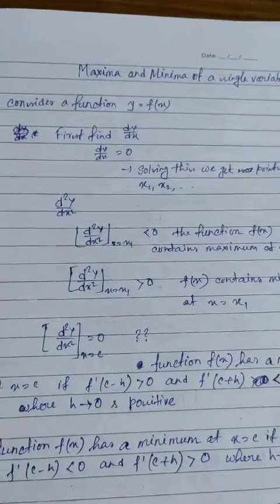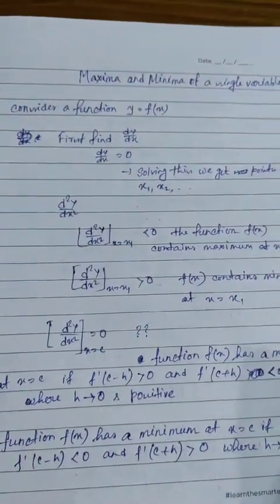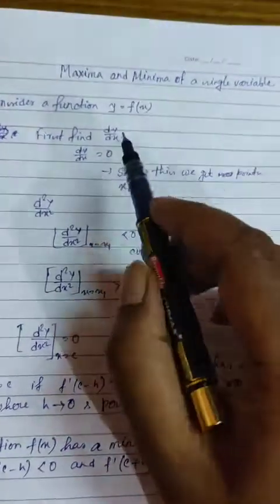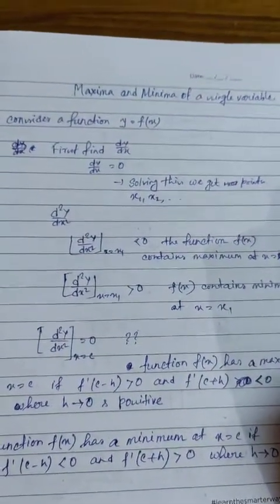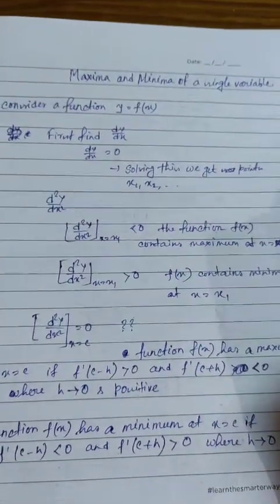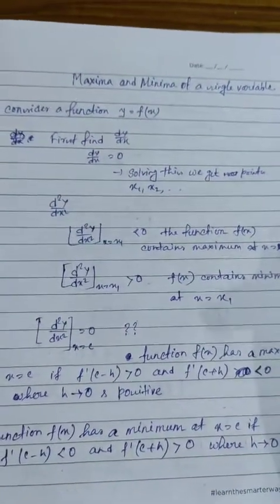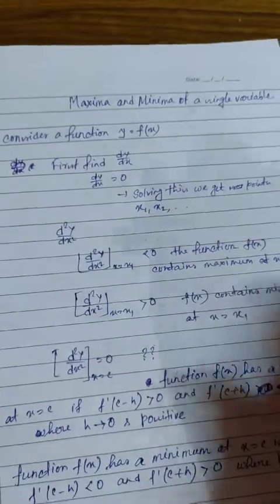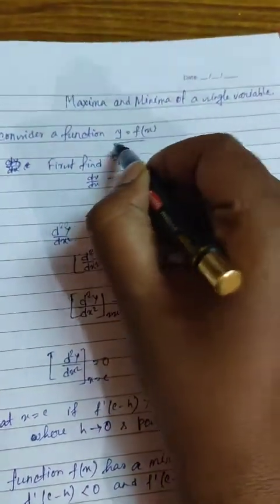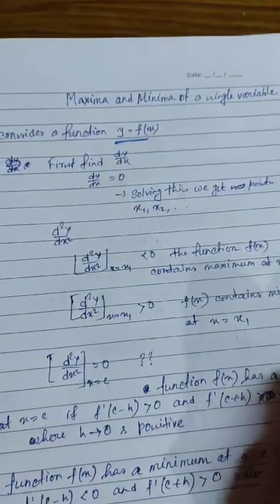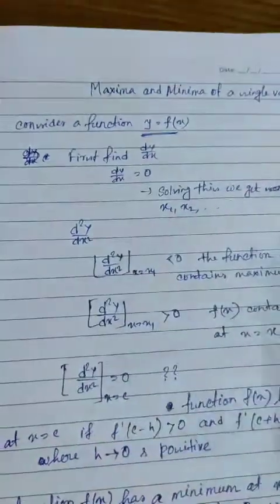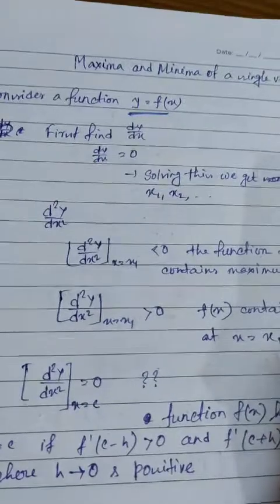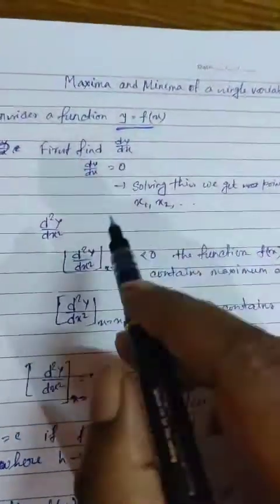Guys, in this video, we will discuss how to find the maxima and minima of a single variable function. So here we consider a function y is equal to f of x, and here we have to find the maxima and minima of this function. So first we have to find dy/dx, and then we have to solve the equation dy/dx is